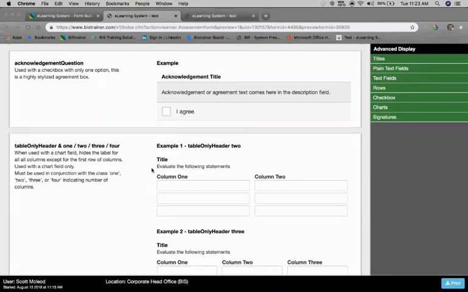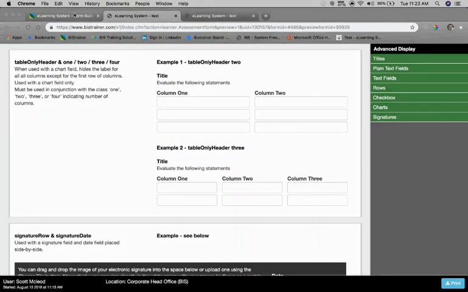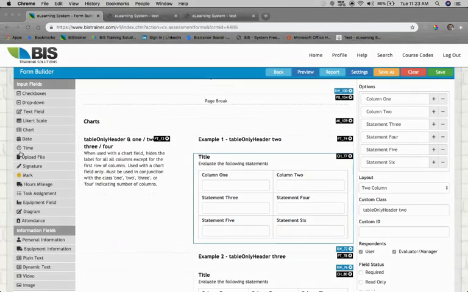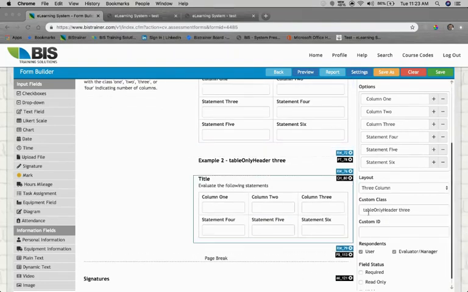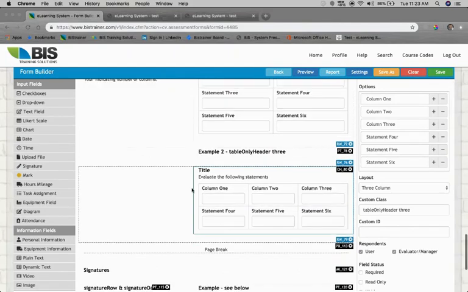That will clean up your chart style widget that's available within the form and make it a little more user-friendly within these documents. If you're curious what I mean by chart style widget, it is one of the input field styles listed here as chart. So when you drag and place that on, please consider utilizing the table only header 2, or in the case that's below that, the table only header 3,